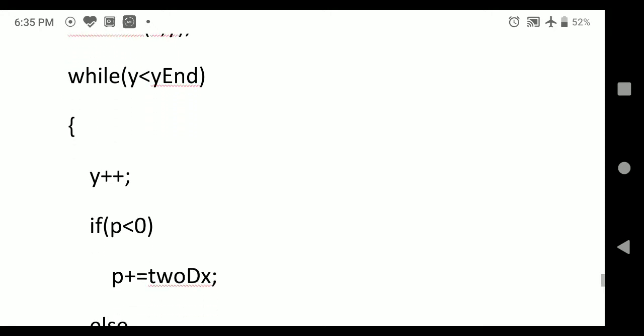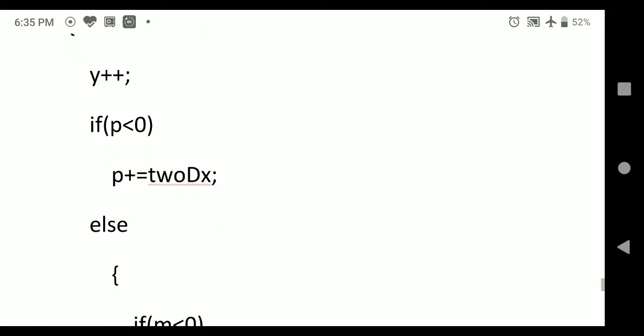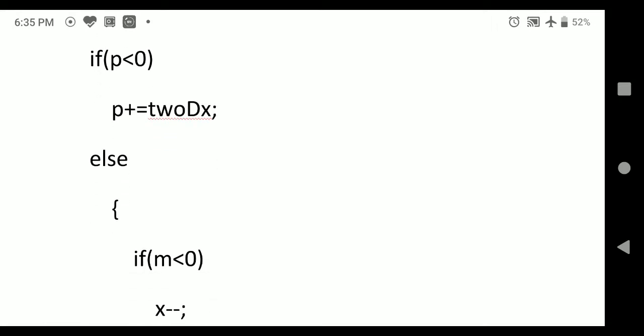Then until we reach the maximum value of y, we are going to perform a similar task but in the opposite direction. We are going to increment the y vertex value at every step, but we are going to check the p value in order to increment or decrement the x value.